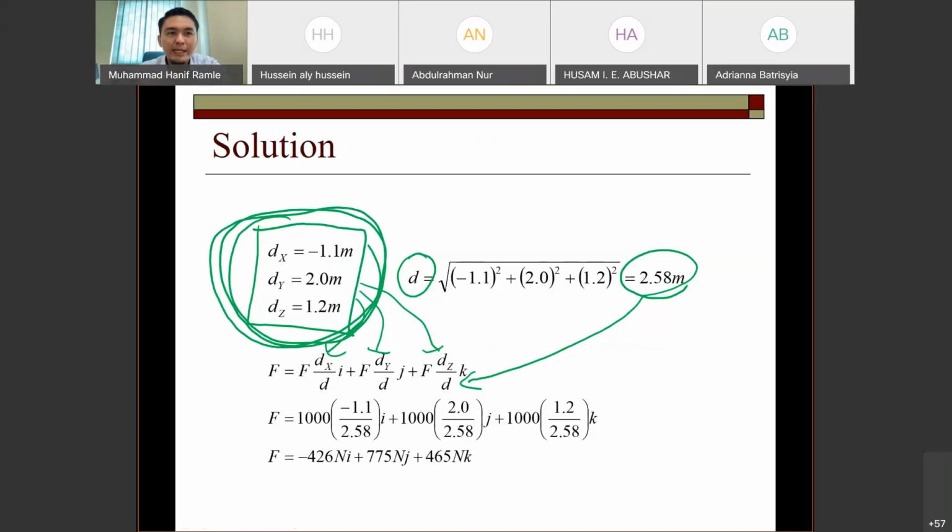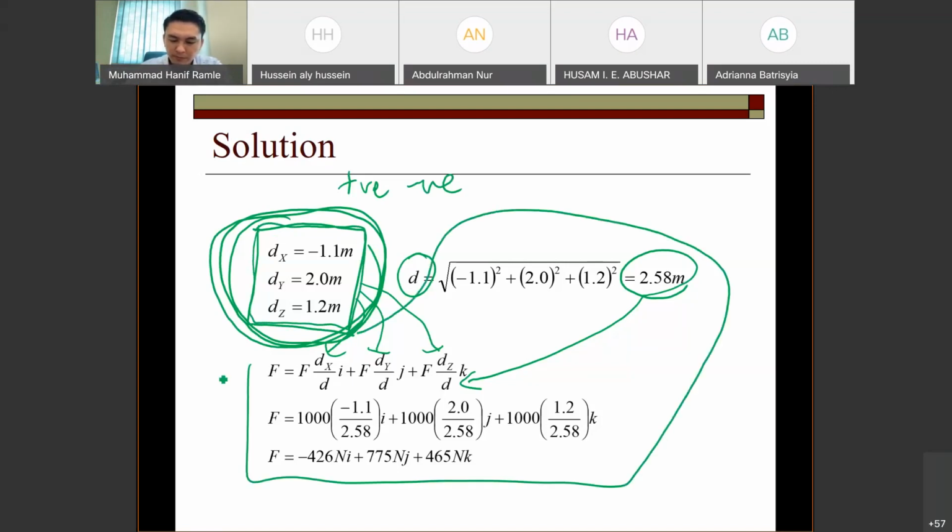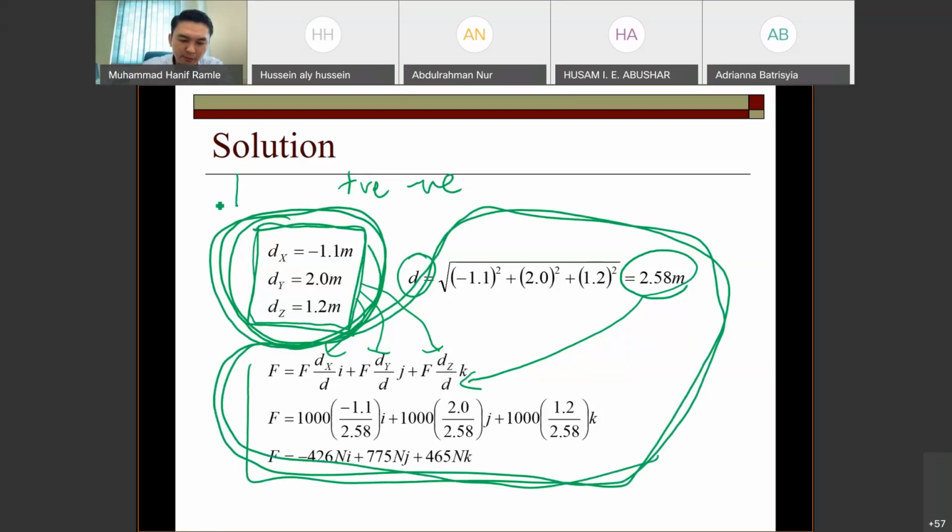Some students wrongly set the sign, positive and negative. So you have to be careful to calculate the total D, including the sign positive or negative. If you wrongly set this value, the rest of the calculation here will be wrong. So you must make sure that the first